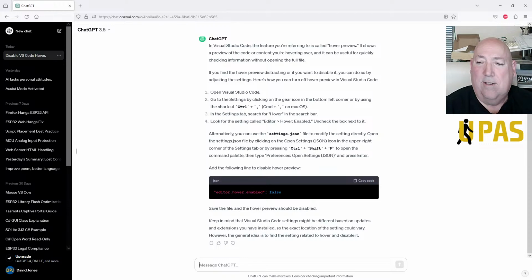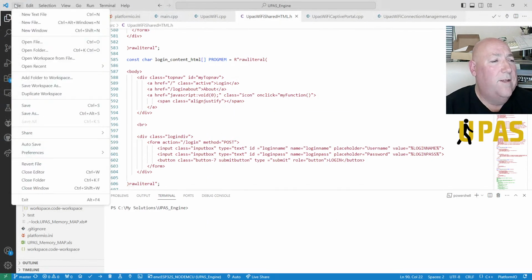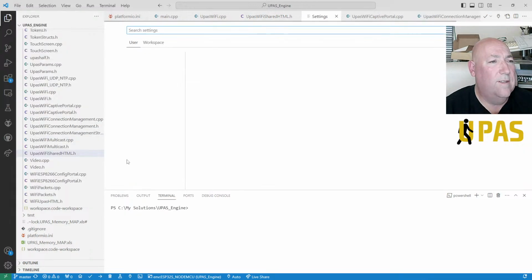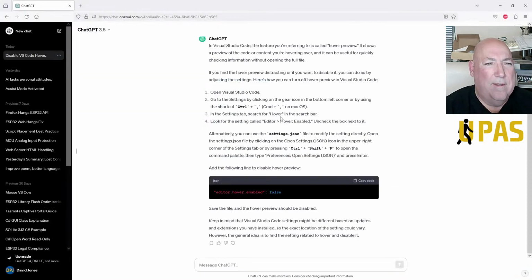Oh, is that it? Right, so let's get rid of that. File, settings. Now you've got preferences, settings. Commonly used. Oh, I've got it as a workspace, window. I've already forgotten what it said. You need to go to settings, click on settings, hover in the search bar.